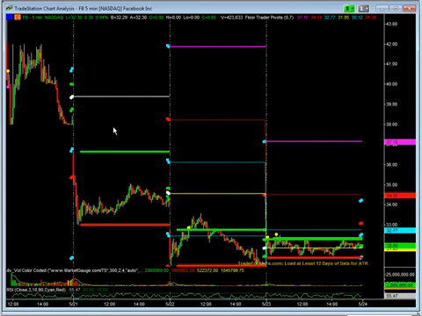Now, I said that one of the reasons to follow this is because it's new. A lot of indicators aren't going to be working because there isn't enough data, but the opening range will work. As you can see, it has worked, and we have the tools with the opening range, and so do you, to take advantage